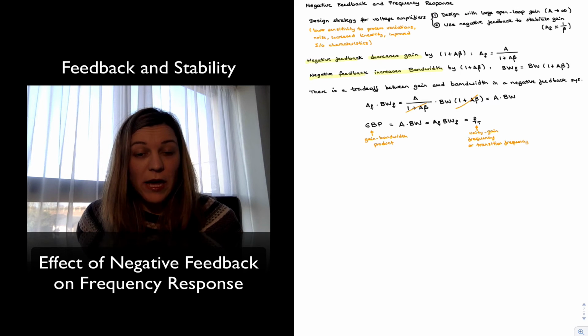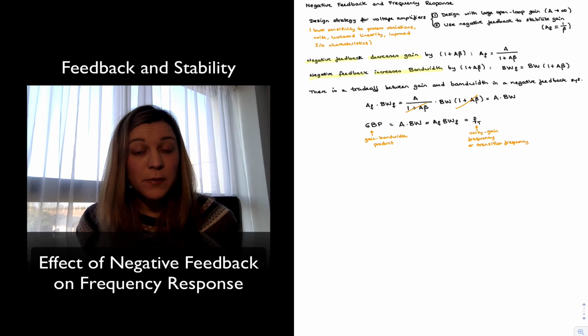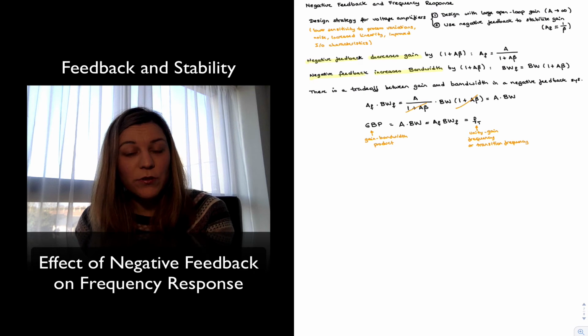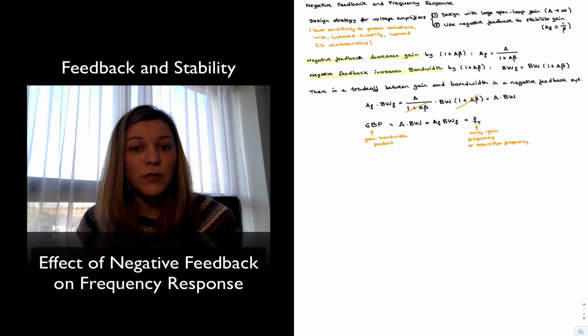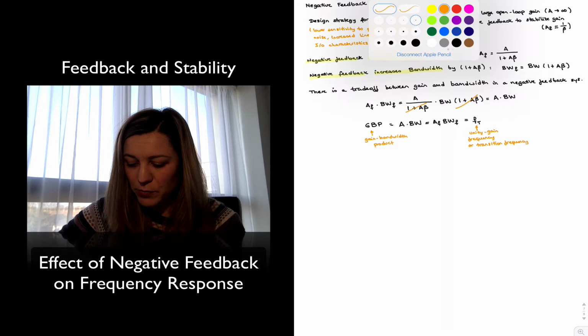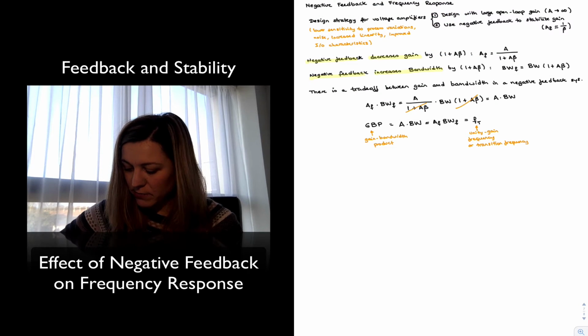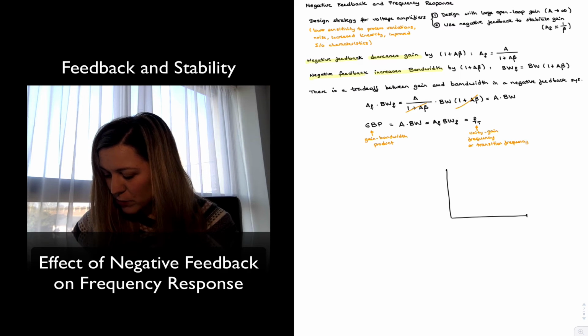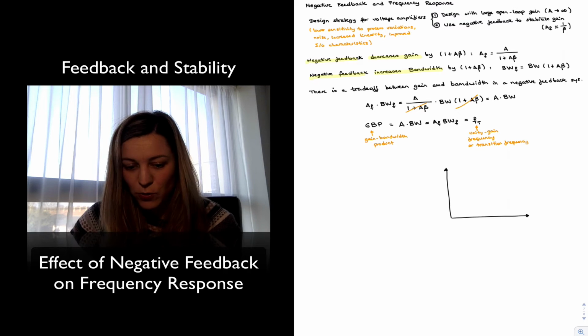Now, you may ask, well, why does the gain become 1 at some point? And if you recall, for any amplifier, we're going to have limited bandwidth, and on the high end of the frequency, that low pass filter response that we had was due to the internal capacitances of the transistor, as well as parasitic capacitances, load capacitances, etc. But the typical response for any op-amp system, the frequency response, and for now I'm just going to focus on the magnitude response. So basically, if I were to plot,